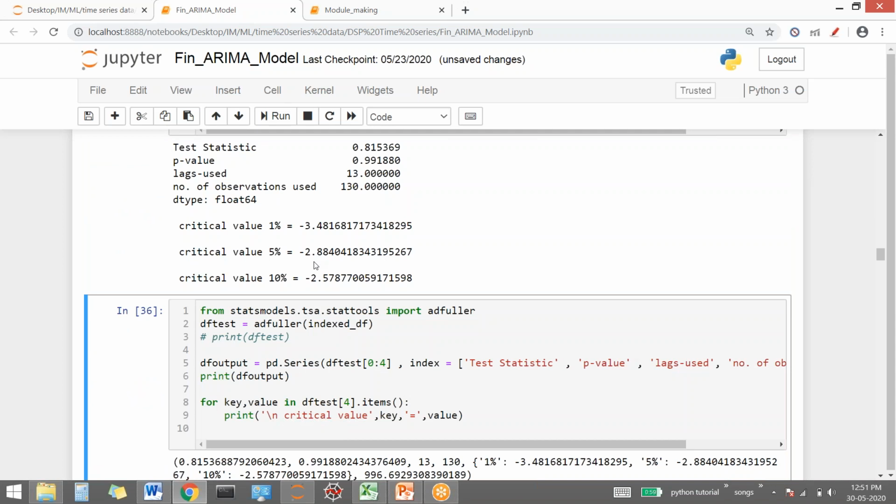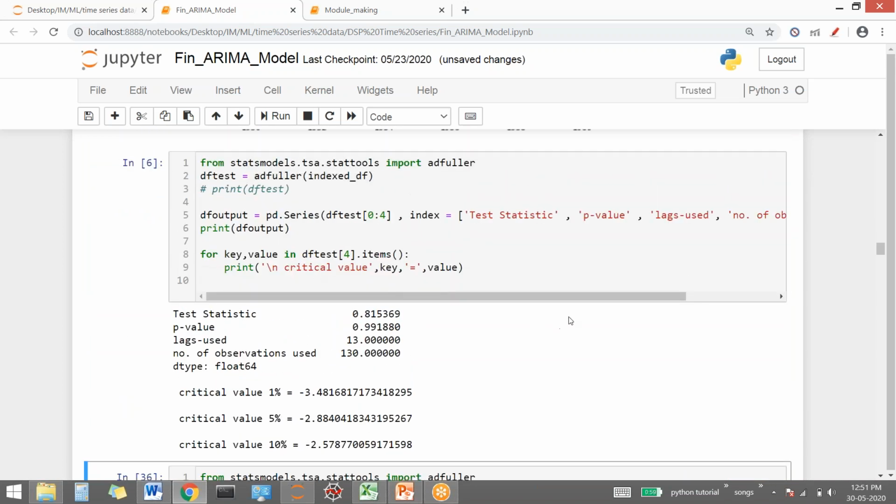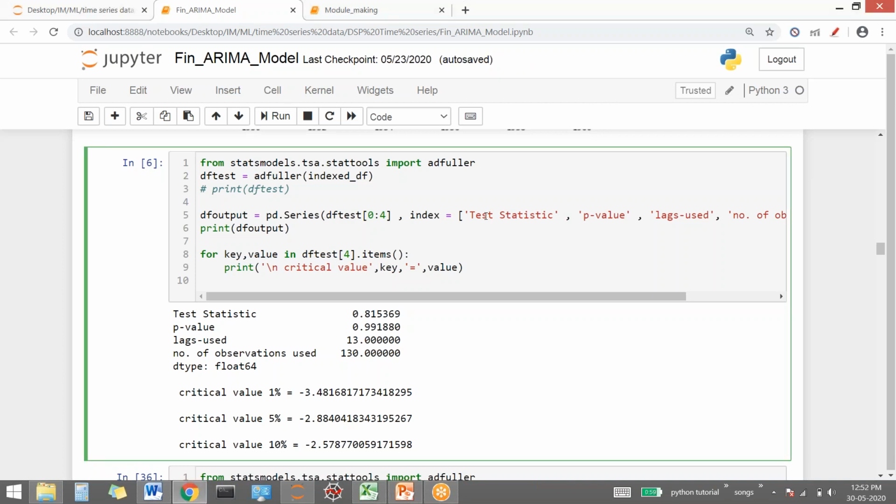See, even if I'm running it, I'm getting the result. No, Rupa, there is nothing to do with pip. It has no link with that.